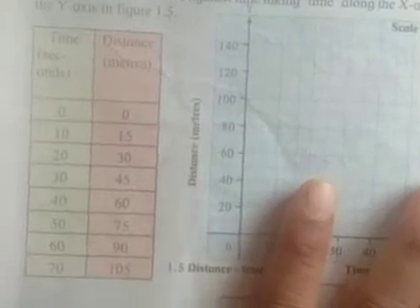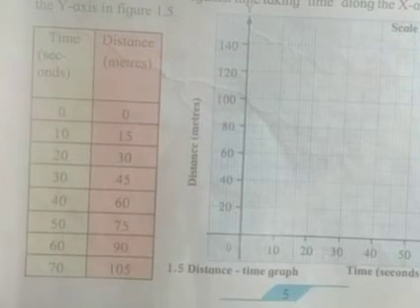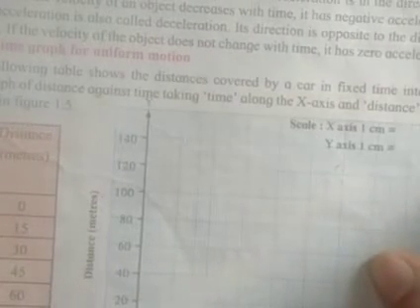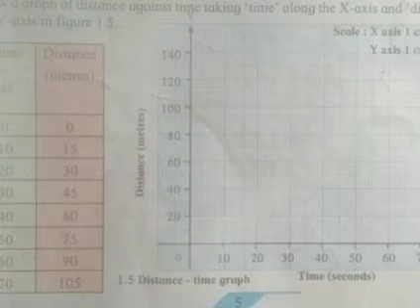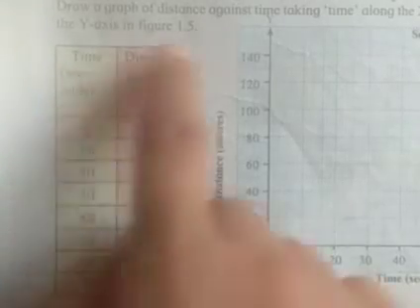So let's try to find out whether we can have a constant or uniform motion and what type of graph it will be. Here is data given of a car: distance covered by a car in fixed time intervals. Draw a graph of distance against time, taking time along the x-axis and distance along the y-axis. So you have learnt that time is drawn on the x-axis and distance on the y-axis. This is your graph, and here is the data given, time in seconds and distance in